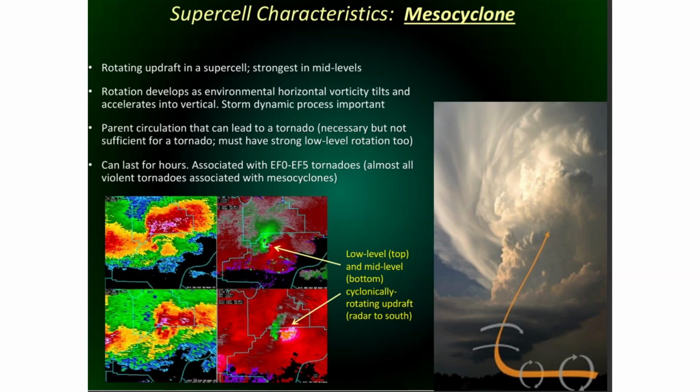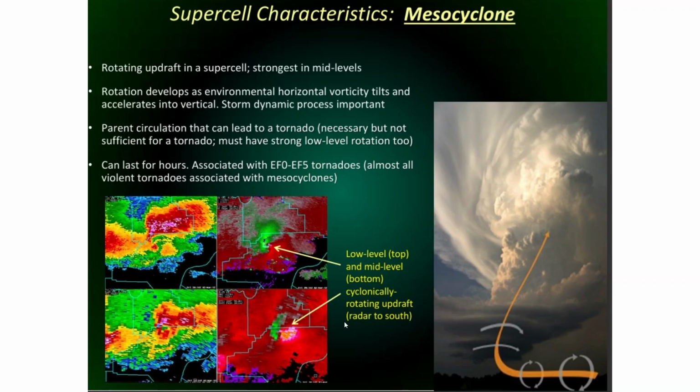Parent circulation that can lead to a tornado, and which is necessary but not sufficient for a tornado. If you want a tornado, you must have strong low-level rotation. Supercells or mesocyclones can last for hours, associated with EF0 to EF5 tornadoes. Almost all violent tornadoes are associated with mesocyclones, and you can see that this low-level and mid-level,